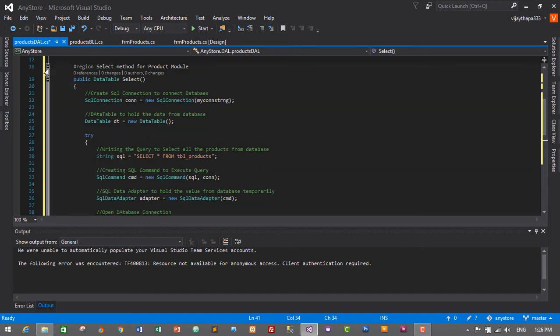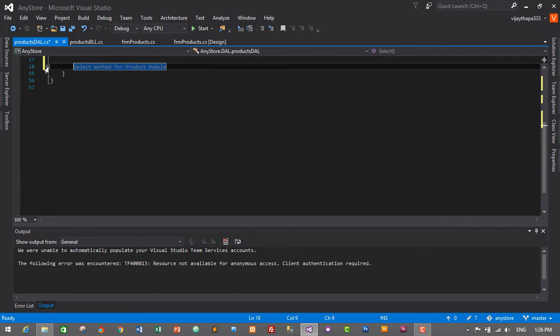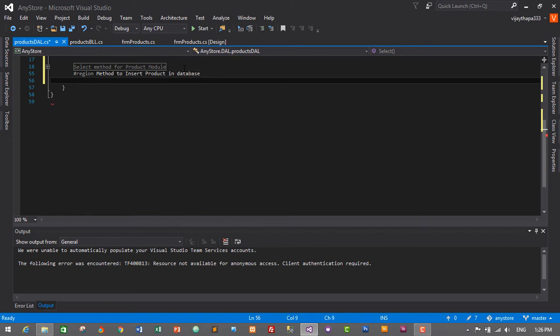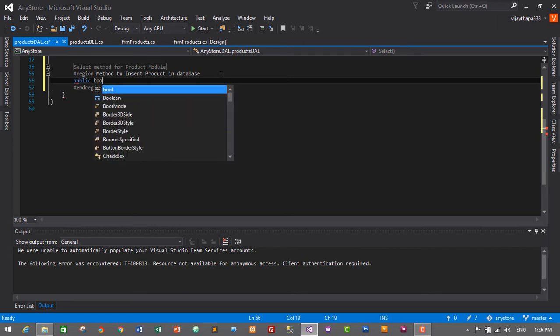So the next method is to insert data or products into the database. Let's create the insert method for our product module. So I'll create a region: method to insert product in database, and the end region. It will be a boolean type method. So public bool